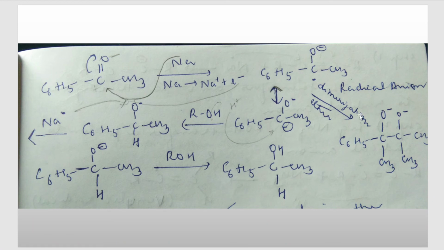See, this was one part, and this was another part that was there in the solution. So both of them had C dot and C dot. Both of them will come together, C dot and C dot, so they can form a bond, correct? By sharing of electrons. So they will share the electron and form a bond with each other, and formation of dimer takes place because proton is not there in the solution. So that happens only when there is an absence of a proton in the solution. So this is the reaction mechanism.